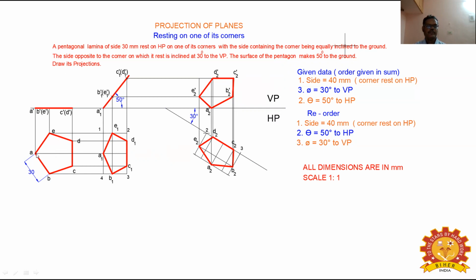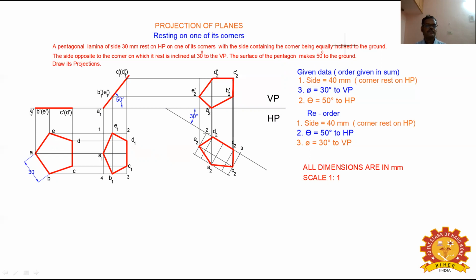Because A is a fixed corner point, we have to rotate this pentagon. Mark A dash, B dash of E dash, C dash of D dash. The second step, mark A1 dash. Since A1 dash is a corner point, you have only a single point here. By using protractor, measure 50-degree angle. Now measure the distance between A dash to C dash. From A1 dash as center, cut an arc. Mark as C1 dash D1 dash.